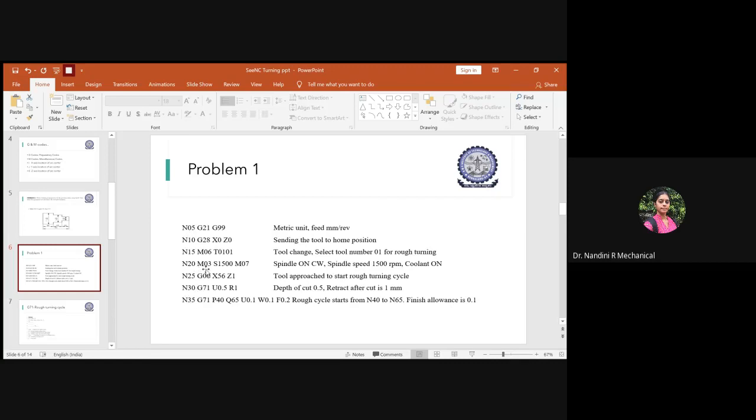To make the spindle on, you should write the code M03. So the spindle is on in clockwise direction. Then you have to provide some speed for the spindle to rotate, so you should provide the magnitude for the spindle. S1500 is the spindle speed we are providing.